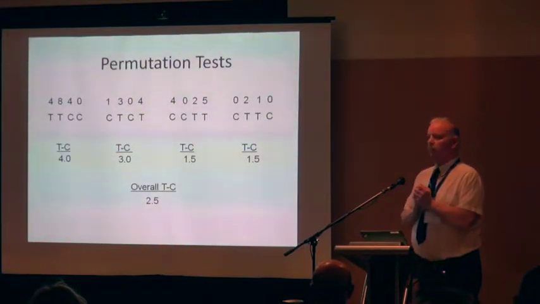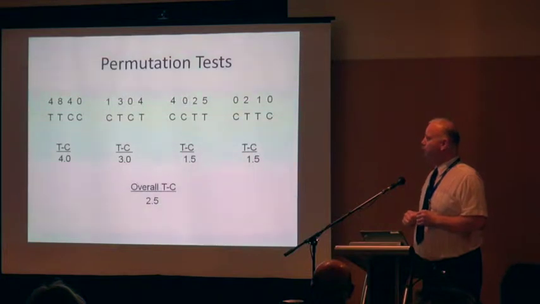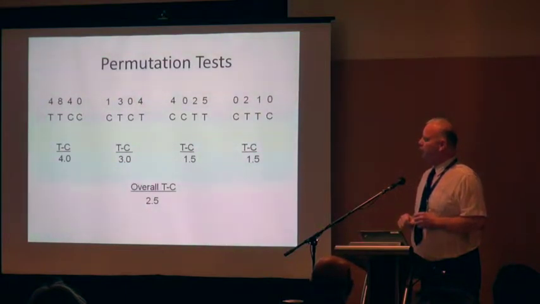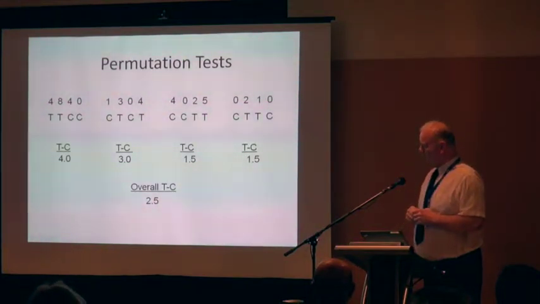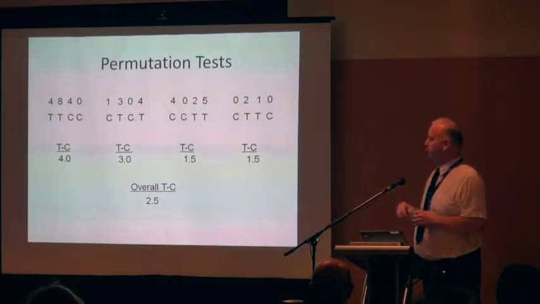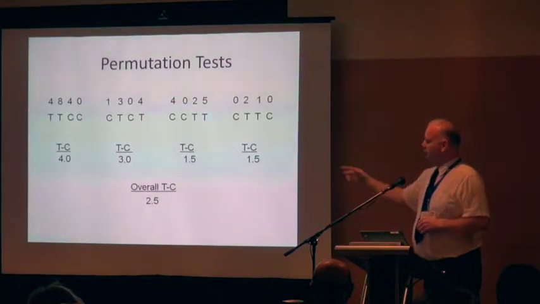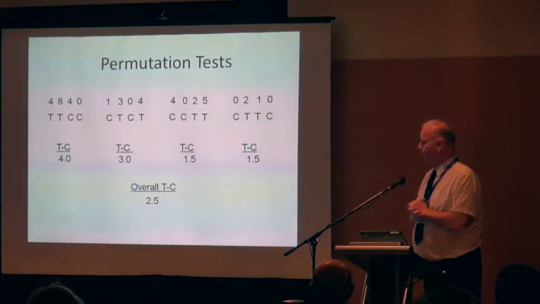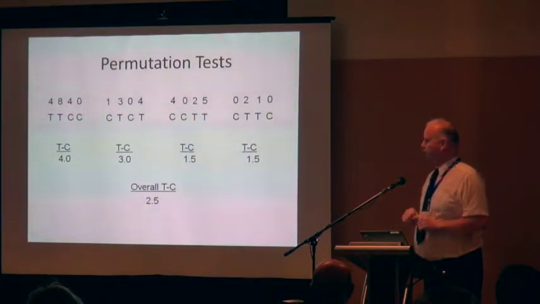So here's a small example with 4 different blocks. This is permuted block randomization where within each block of 4, there are exactly 2 treatments and 2 controls. And those are the data up there at the top. You get the average treatment minus control difference in each of the blocks, and they're shown right there, those 4 numbers. And then the overall treatment minus control difference is the average of those 4 block means,